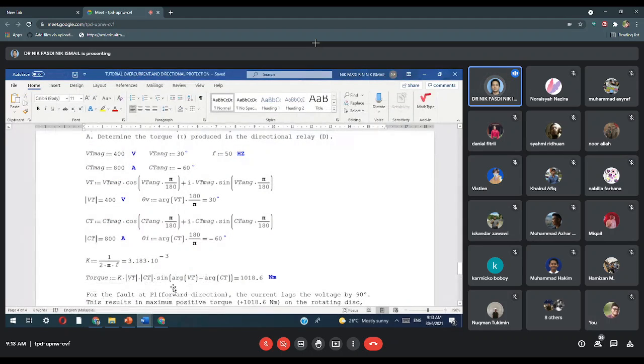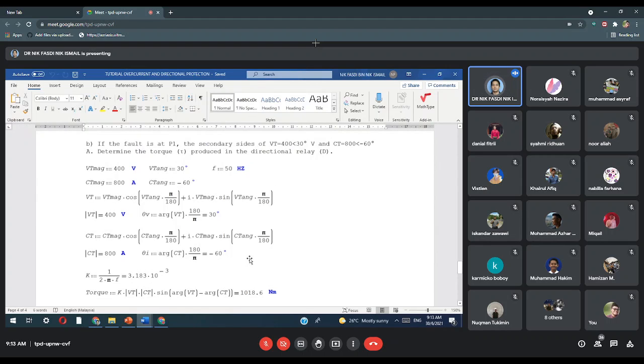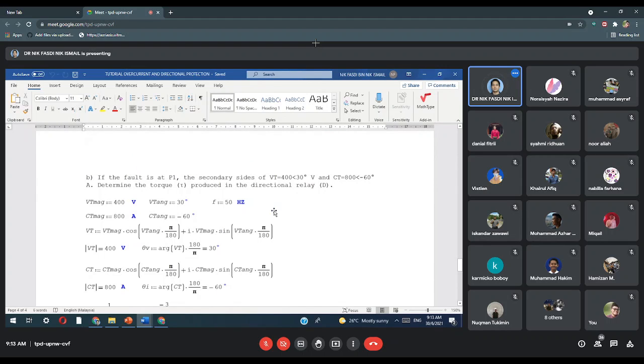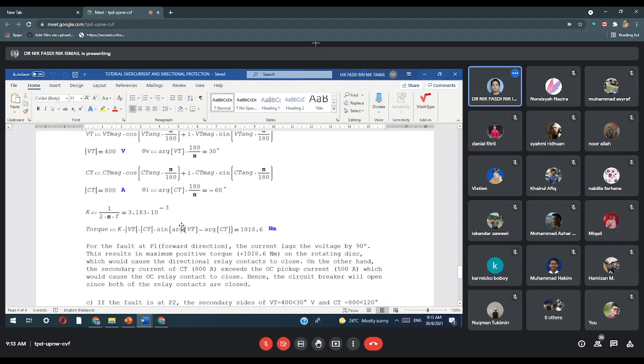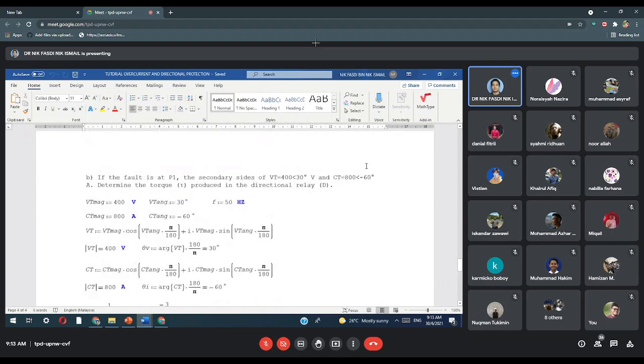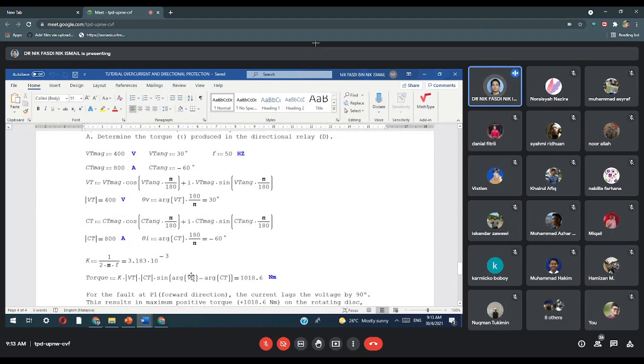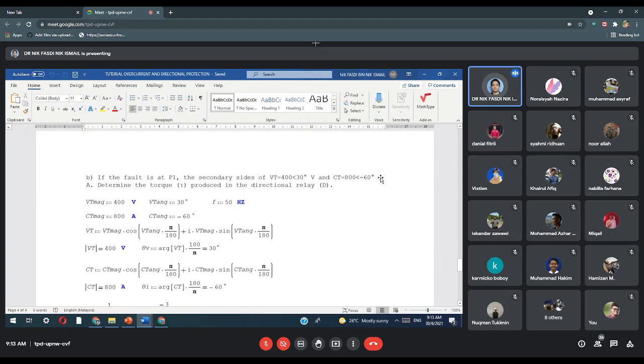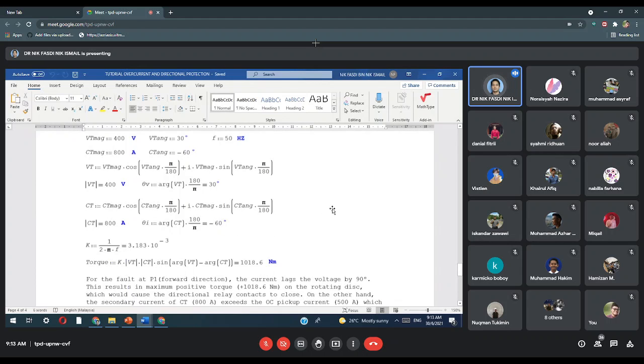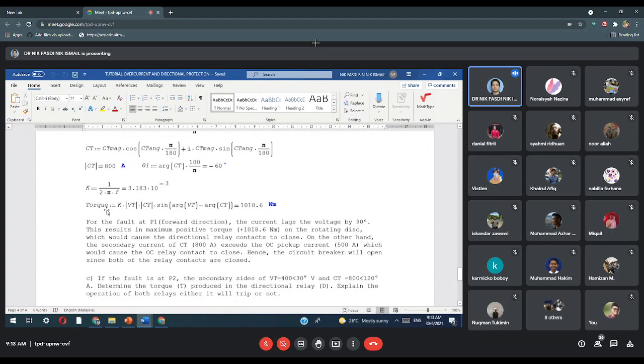Okay, right. VT, CT. VT is 400. So this is 400. CT is 800. Sine of the angle between VT and CT. VT from here is 30. So 30 minus 60. So dia akan jadi sine 90 degree kat sini. Kan? Ya, betul lah. 30 minus dia akan jadi campur kan, dan 60. So it will be about 90 degrees. So sine 90 degrees is 1. So you dapat nilai torque is